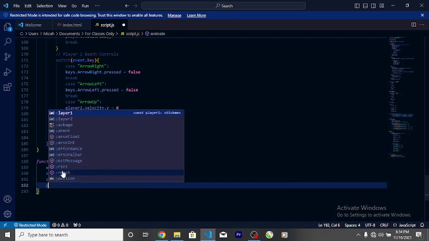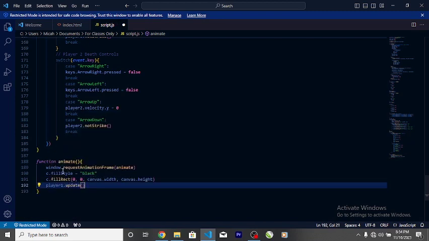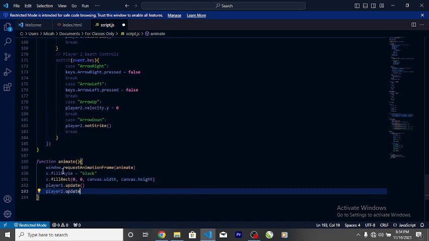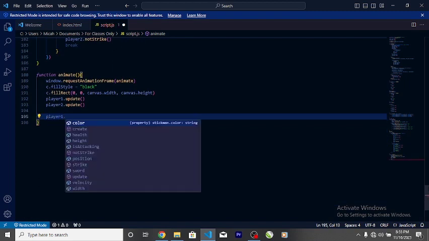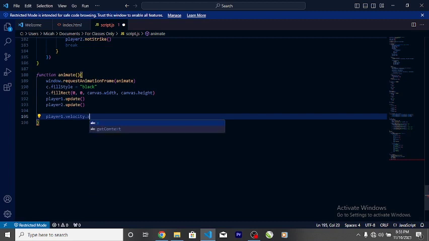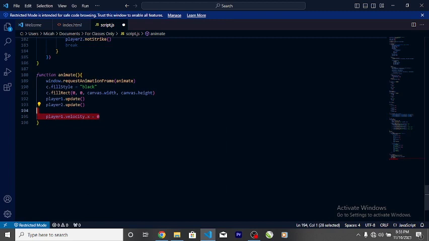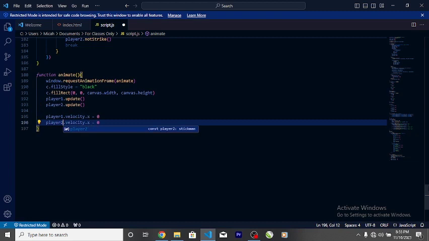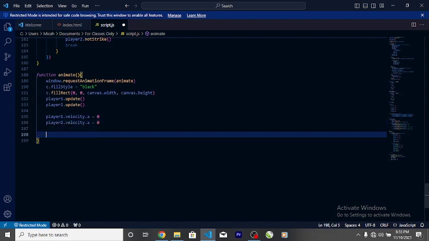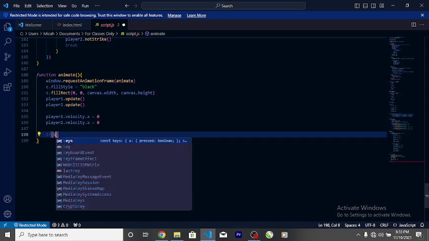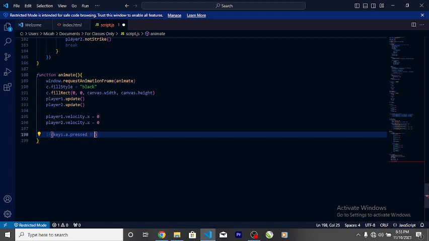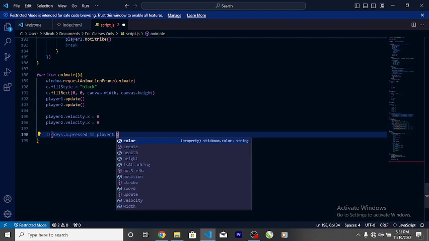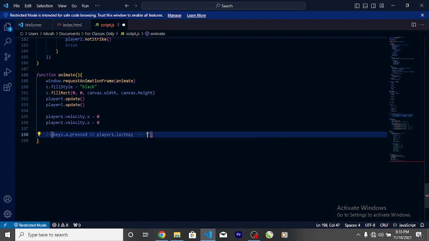and then we're going to say player 1 dot update and player 2 dot update, and then we're going to say player 1 dot velocity dot x equal to 0, copy and paste for player 2, and then I'm going to say if keys dot a dot pressed and player 1 dot last key equal to a,